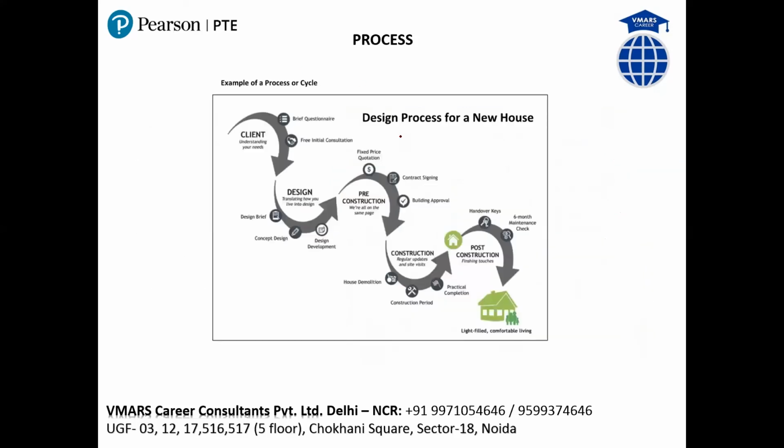See, this is a process. Let's understand this. This is a process of how to design a new house. So what sentence can I say? The given image shows the process for designing a new house. First sentence done. The given image shows the process of designing a new house. Or simply, the given image shows the design process for a new house. आप उसको as it is भी पढ़ सकते हैं if you are facing problem. Okay. There are various steps involved in designing a new house.